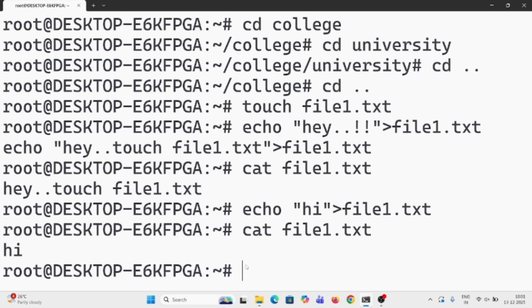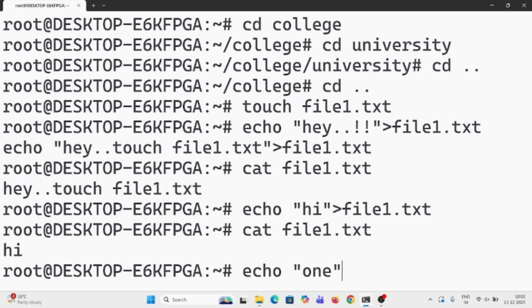Okay, fine. Let us see how we can perform the head, tail, less, more, all these commands. To perform head and tail: head actually shows the first 10 lines of the file and tail actually shows the last 10 lines of the file. But we don't have 10 lines, right? We just have one line. Let us create those 10 lines, right? For that,